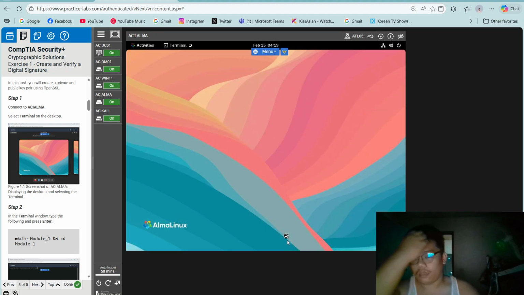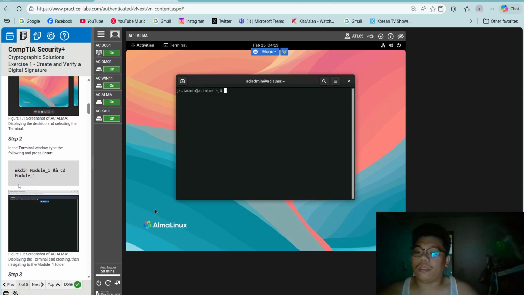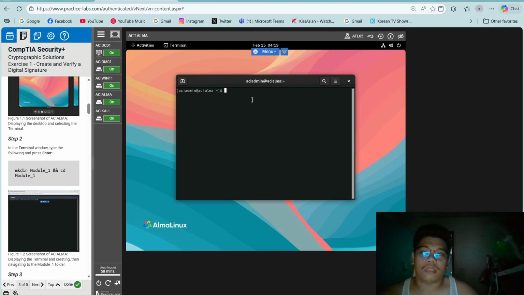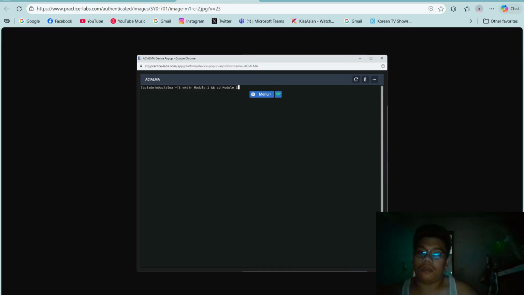So terminal. So step 2, in the terminal window, type the following and press enter. So if you want to check how it was typed, right click this picture and open image in a new tab and you will get this.